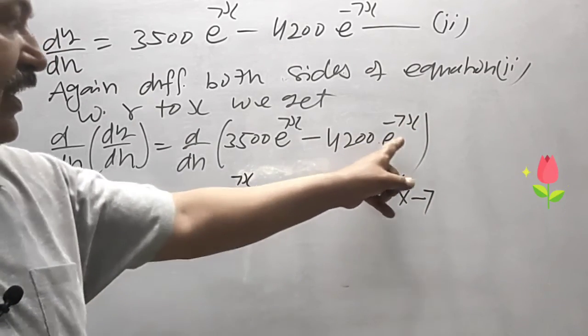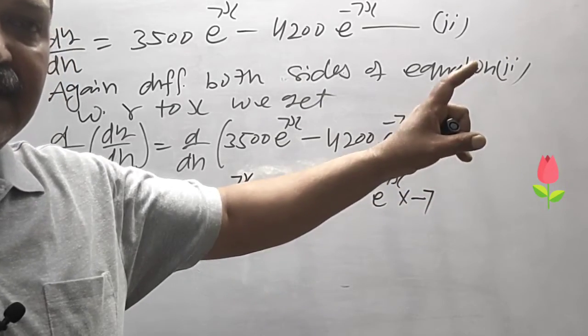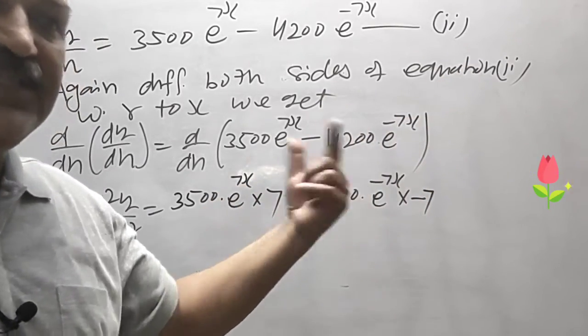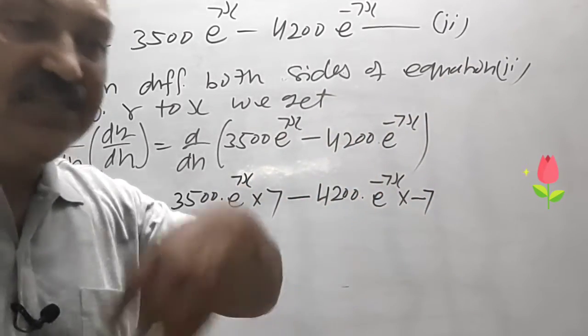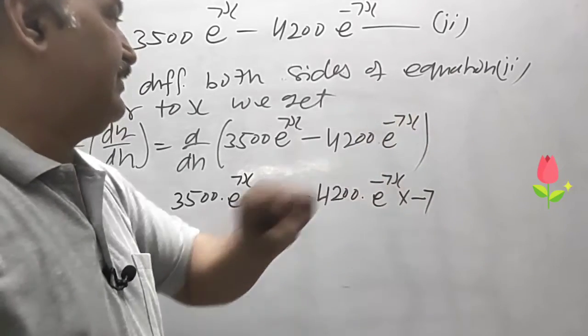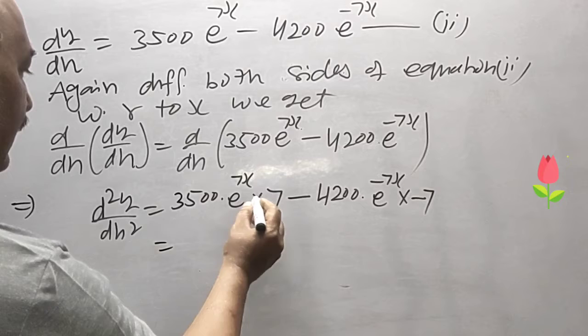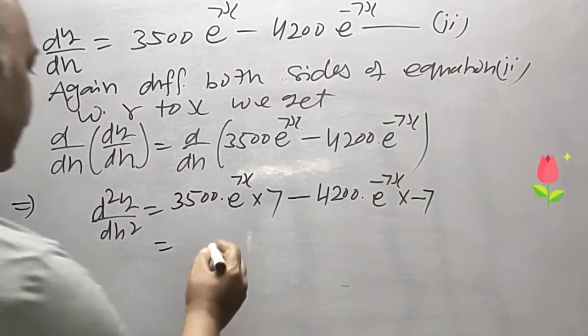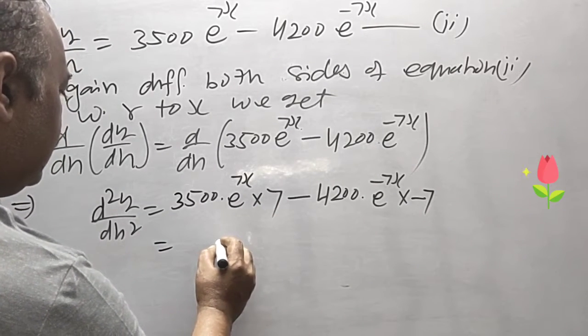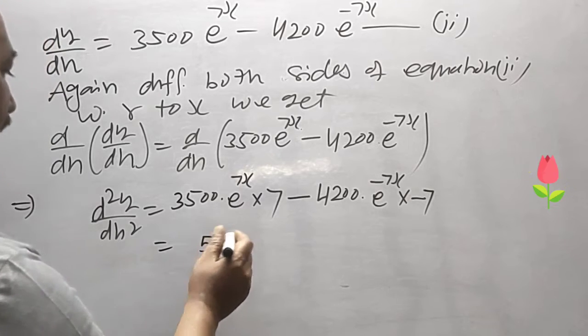Applying the formula here, the derivative of e raised to power fx is e raised to power fx, further derivative of fx. And it becomes multiplied by 7,